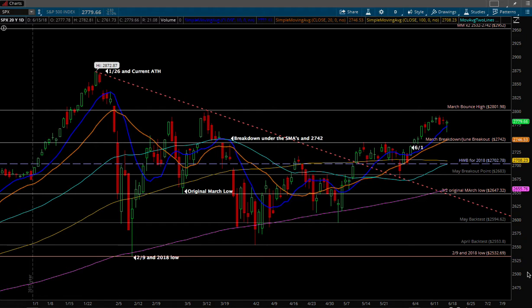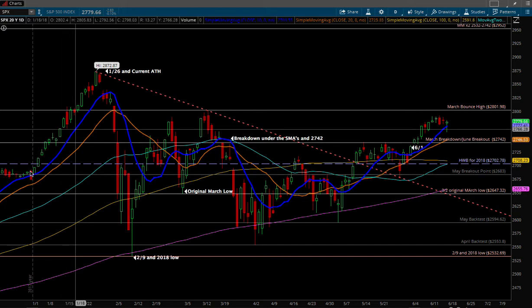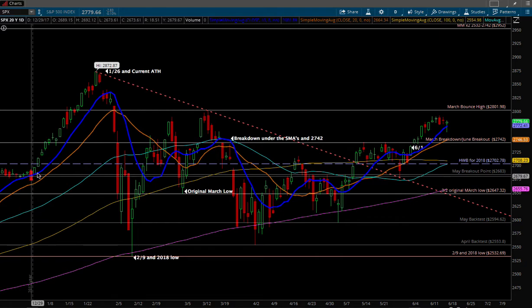So let's just back up for a second and take a look at the year in review. I'm going to try and make this interesting and concise. Bear with me. Let's look on the left side of the chart here. Where we started out the year, over here on the left side, this red candle was the final trading day for 2017. As you can see, we had been trading above the 10-day simple moving average, which is this bright blue line. And on the final trading day for 2017, we had a sell-off and push down through that. But we came in on the first trading day for 2018, trade opened right on that 10-day, moved up above it,